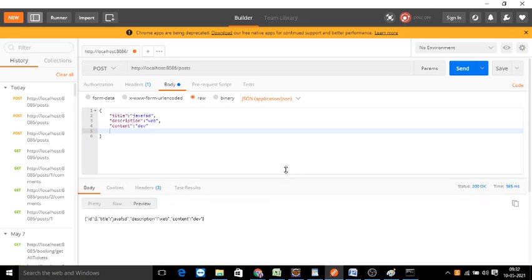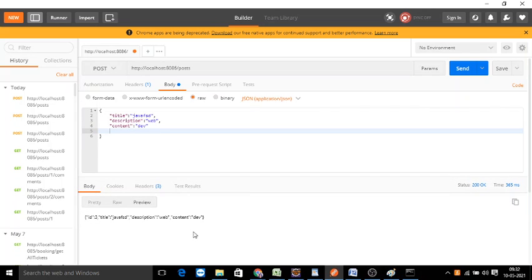Yeah, now it is added. It was just a matter of spaces. Okay, now the third one is added.